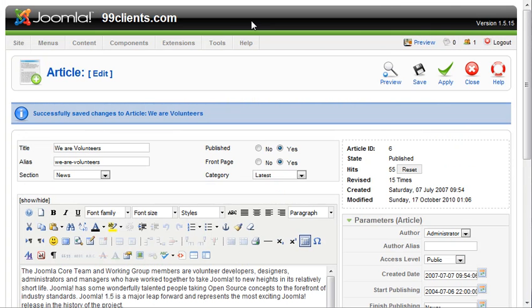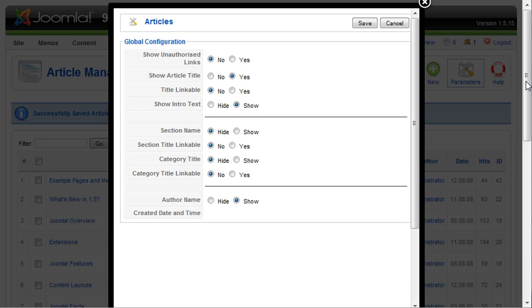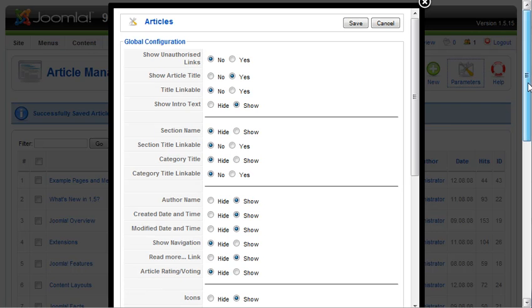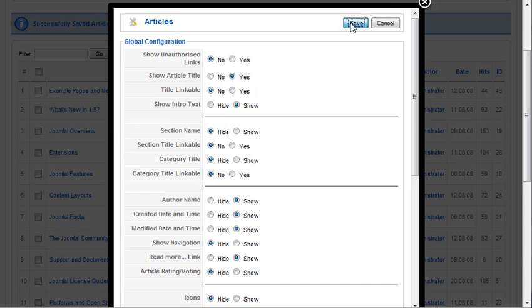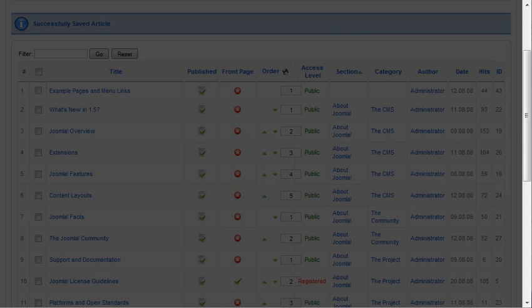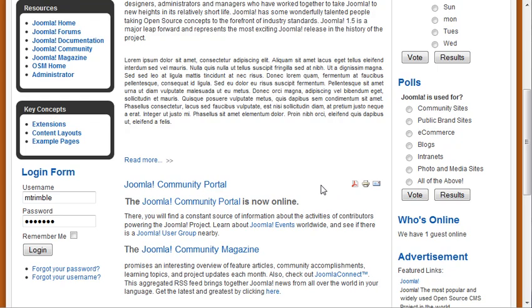On the back here, we can save that and then go up to the article manager. This will take us back to the article manager. We can go to parameters. Depending upon what the settings are on our home page, where we can set to show icons or not, in this instance we'll just hide all these different icons. So we'll hide all of that information, go up to the top and hit save. And if those parameters are not overridden on our front page manager,